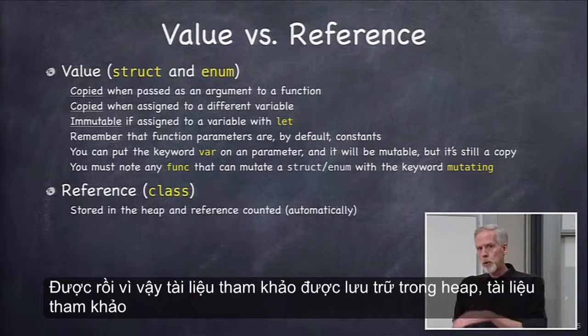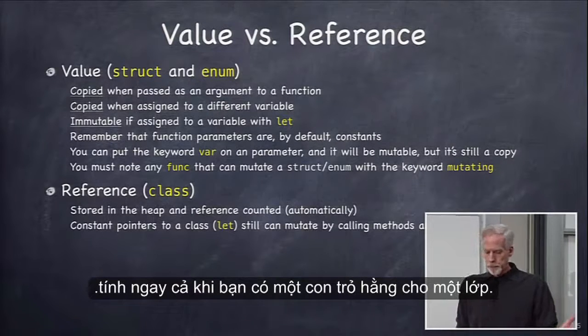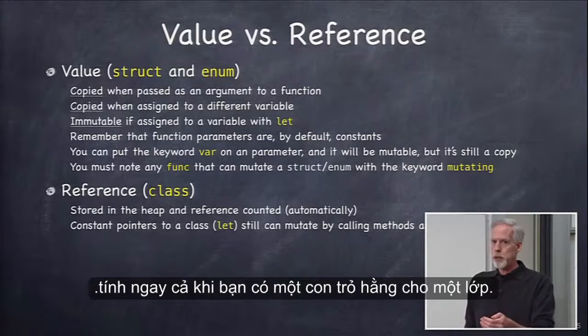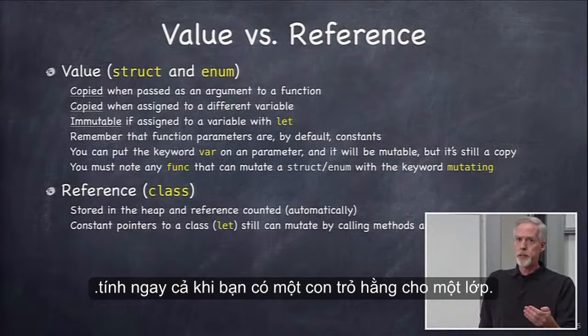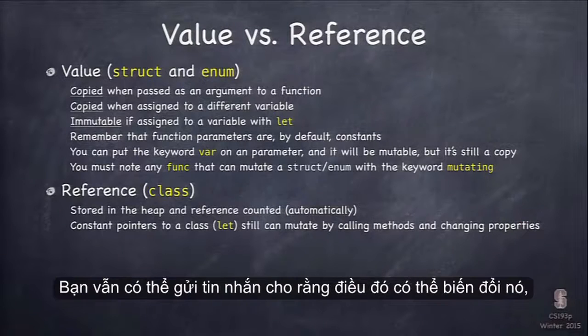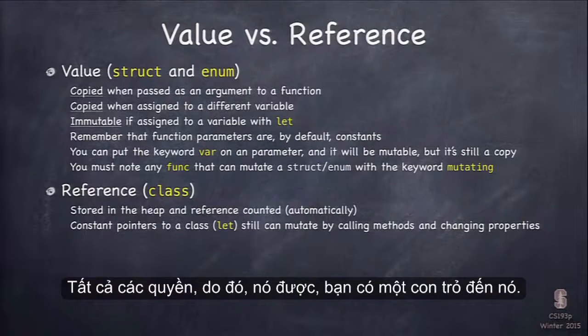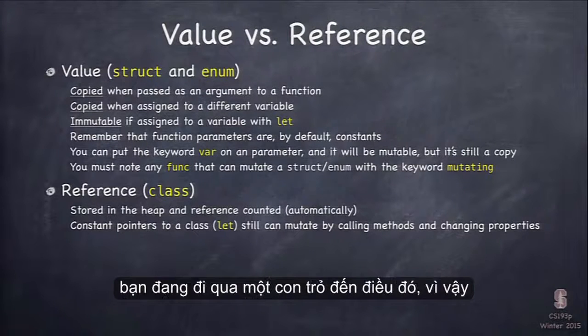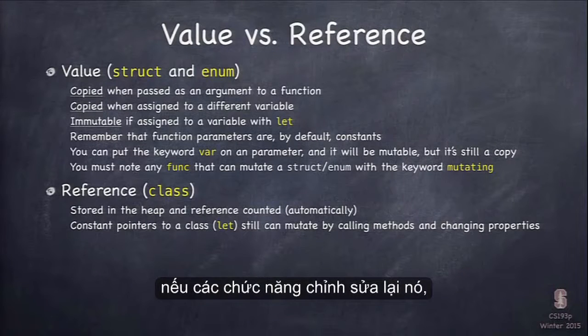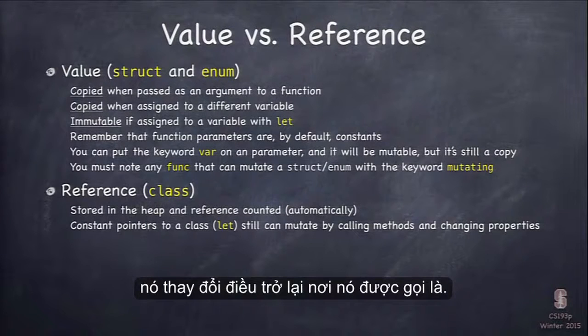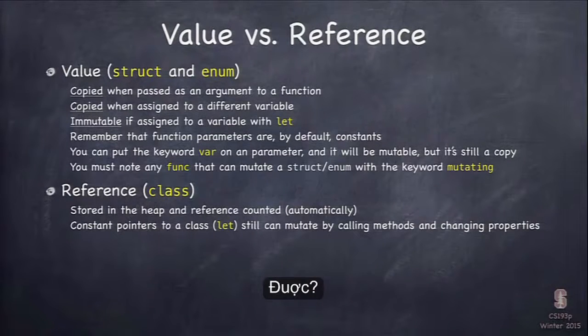So reference: stored in the heap, reference counted. Even if you have a constant pointer to a class, let something equals the class, you can still send messages to that thing that can mutate it because it's in the heap. All right, so you have a pointer to it. And when you pass it to a function, you're passing a pointer to that thing. So if the function modifies it, it's modifying the thing back where it was called. Okay, so